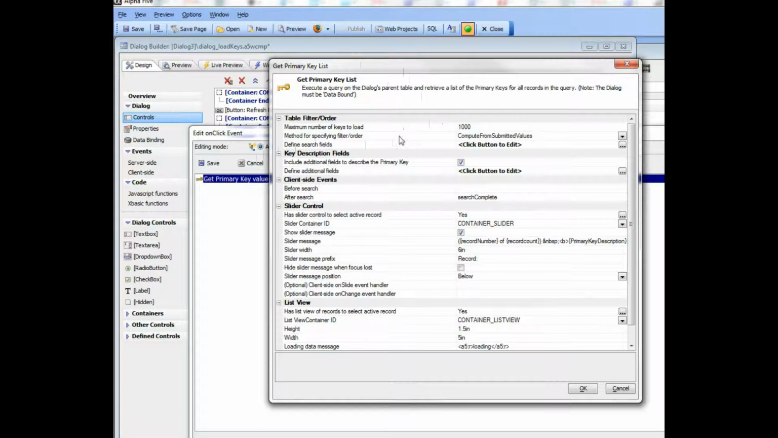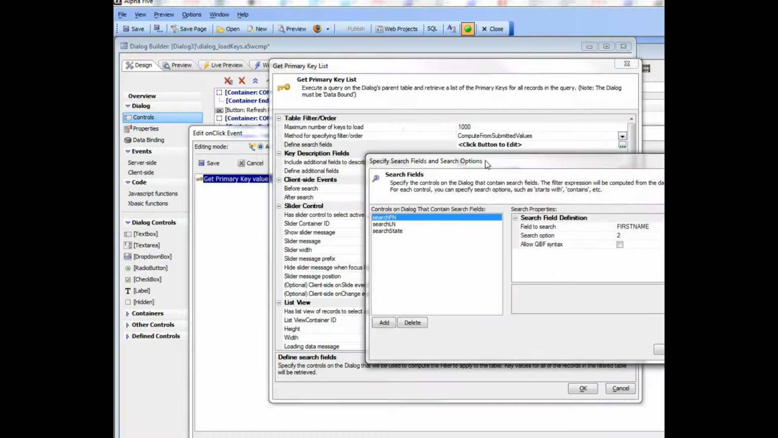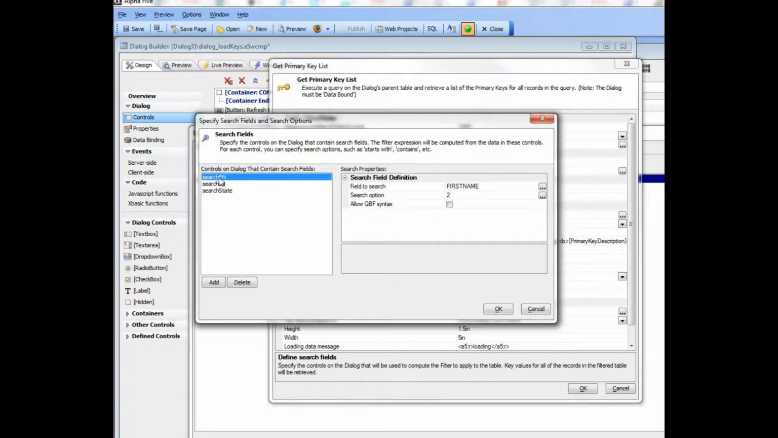And now I've gone over here and I've said that when I hit this button, the filter to compute which primary keys to send back to the browser should be computed from data that was submitted from the dialog. I could also go and type in an explicit filter if I wanted, but right now I want to submit the data in the control called search FN, and when I do that I want to search in a field in the underlying table called first name,